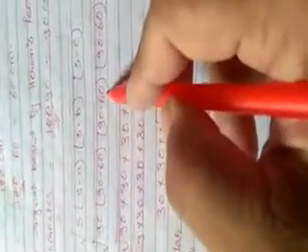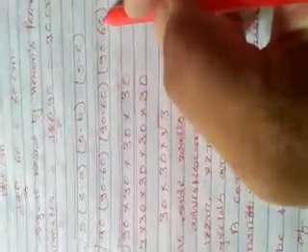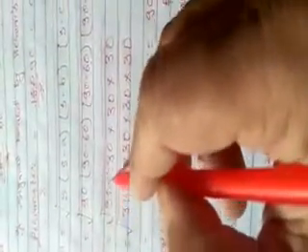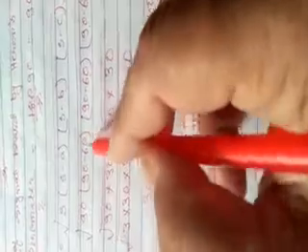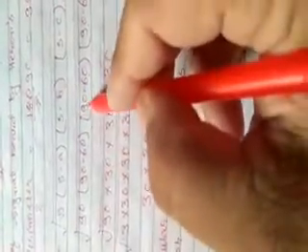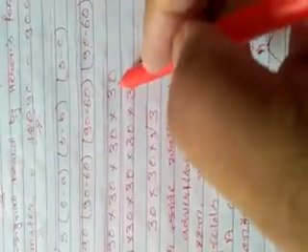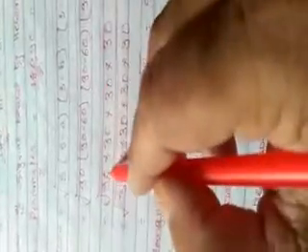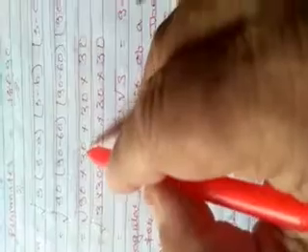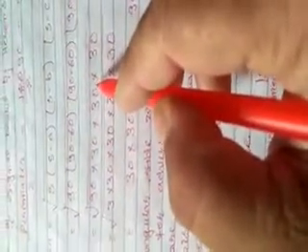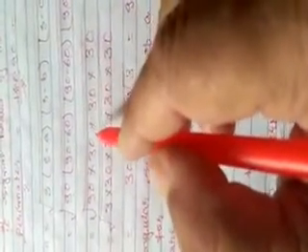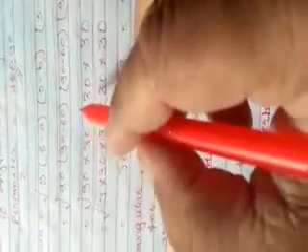Now further solving, we have 90 into 90 minus 60, which equals 30. Again 90 minus 60 equals 30, and again 90 minus 60 equals 30. Now we have to find the square root of the product of these numbers. Since the product of these numbers will become very large, there is a trick to find its square root by the prime factorization method.